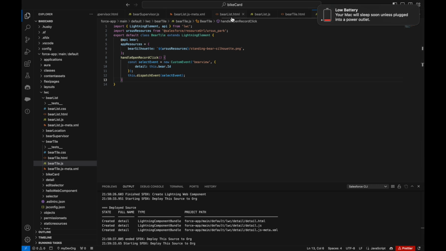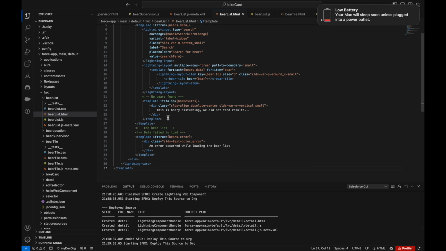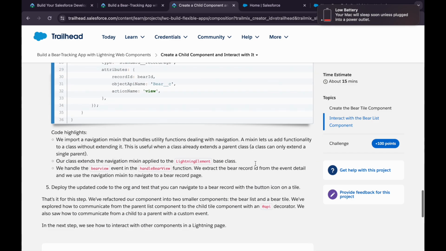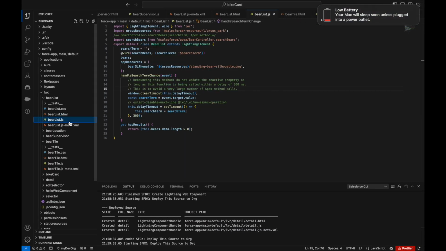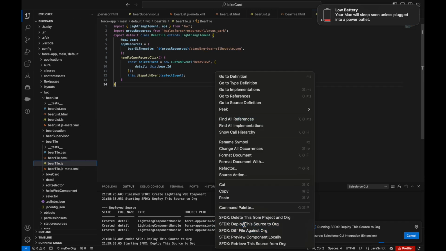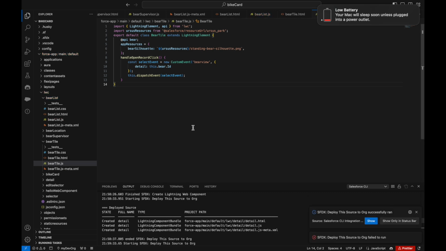So we'll go back to the beer list HTML and we will replace this where we have entered the child component. So the child component is here, where we are calling the child component. Now go back, and the beer list JS file again got updated. I will deploy this beer list as well as the beer tile component. And no, we don't need to add this beer tile component to the page separately, as